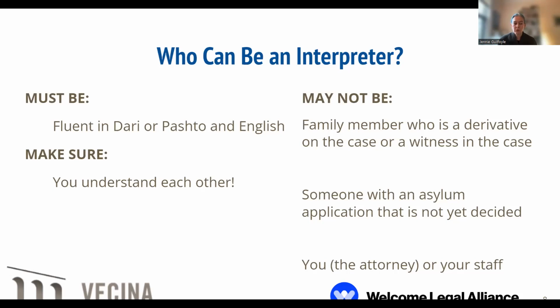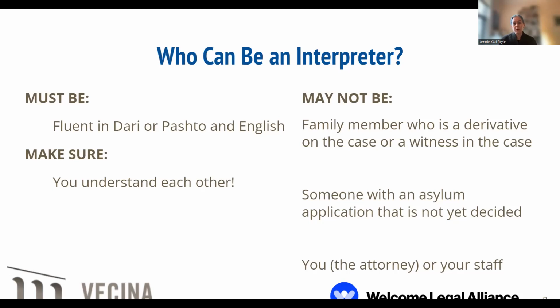It's absolutely crucial that the interpreter just interpret word for word what the applicant is saying. And somebody who's a family member may interject their own understanding of things, trying to be helpful, but that's not helpful. Also, if it's somebody that the applicant knows well and is a family member, the applicant may not feel comfortable saying certain things in front of their family member, which can then be detrimental to the case because it's really crucial that the applicant explain their whole story. So it's really best, if at all possible, not to use family members.